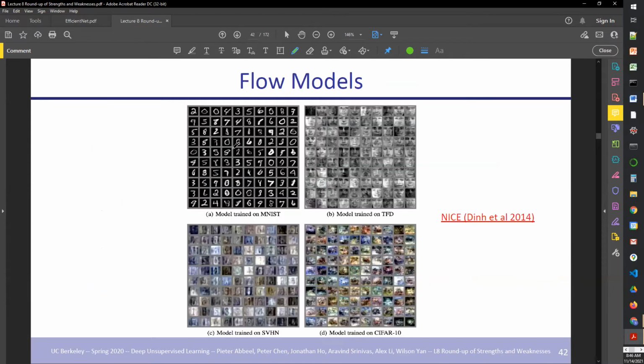So in flow models, the MNIST results already were pretty good. You can see, since we just saw it compared to autoregressive models, these look a lot less jittery and a lot more clear. Applied to this facial data set, you can begin to see faces in here, but as we'll see shortly with GANs, nowhere near what GANs can do,